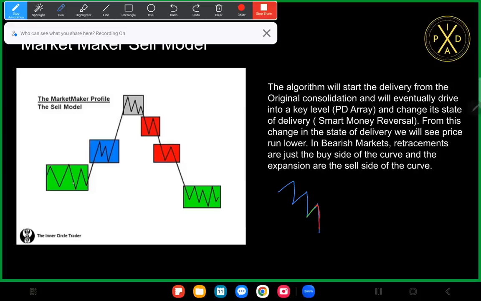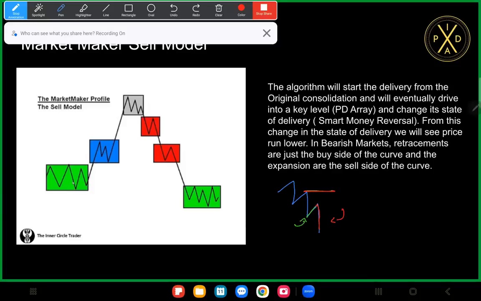So since we're in a bearish market environment, that retracement shouldn't want to take out this high. That's why in a bearish market environment, the buy side of the curve is that retracement, and the sell side of the curve is that expansion. And we talked about why price shouldn't want to take out this level in that last slide where I talked